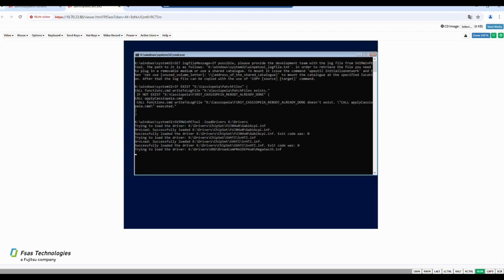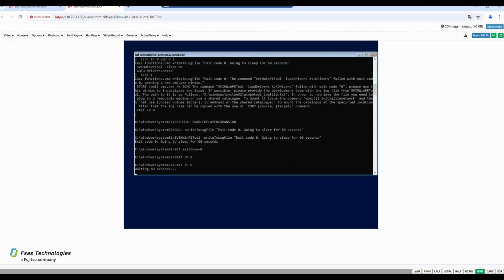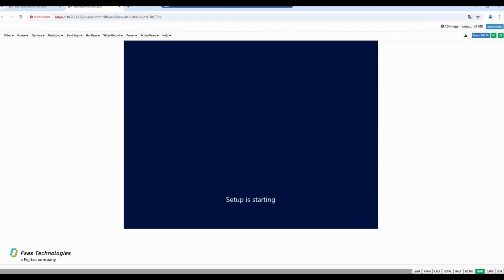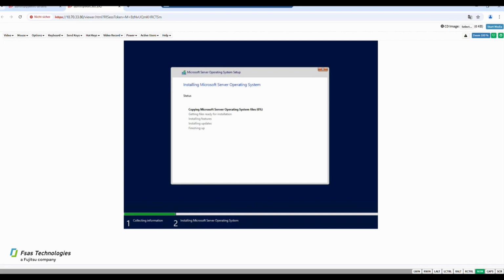The installation will be continued. The installation speed depends on CPU, RAM, and disk type. The OS installation will start. The installation program requires a reboot.